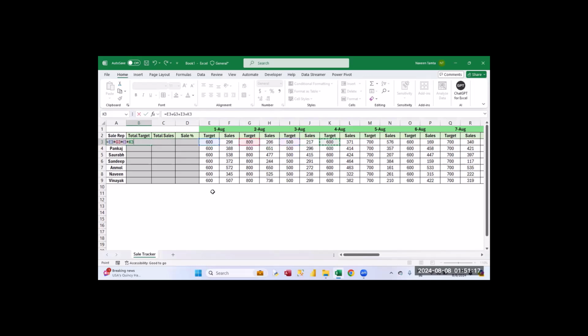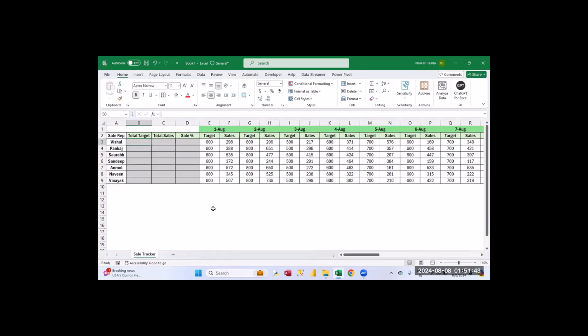So it will take me ages to calculate the value, whether it is for target or for sales. So how I can apply a single formula in order to achieve the total target of the month? So how we will achieve this?